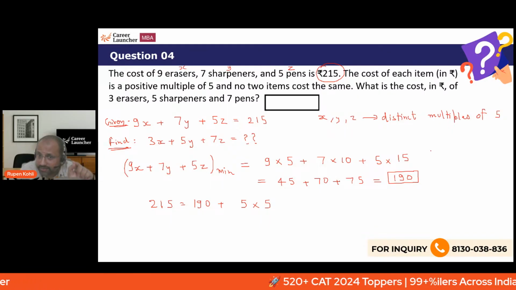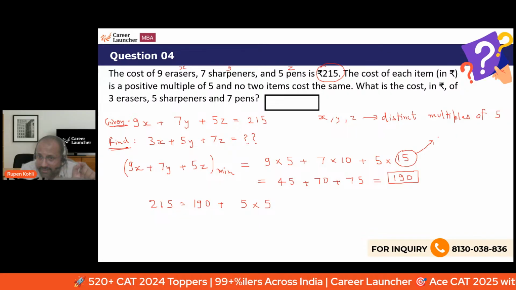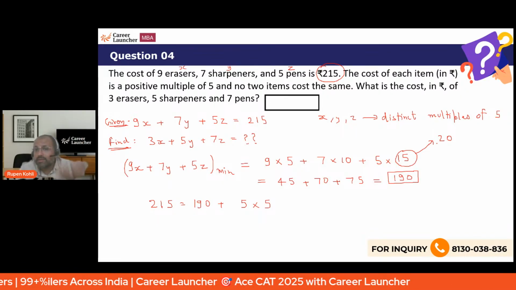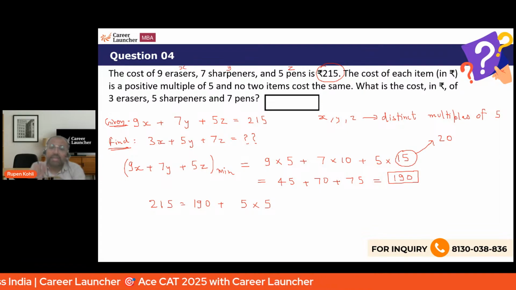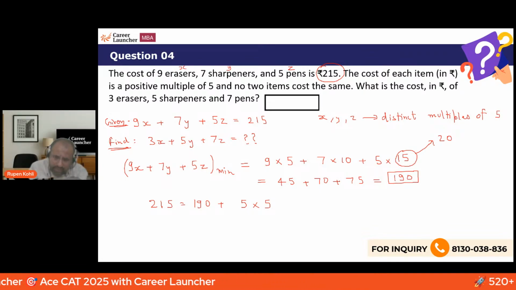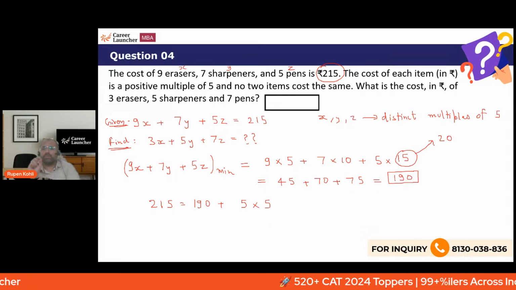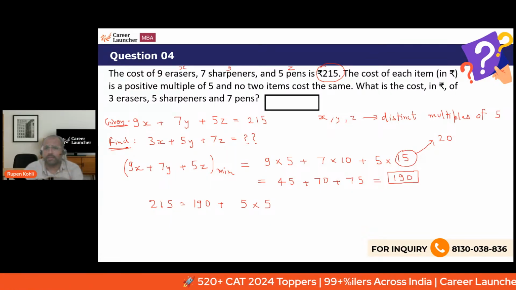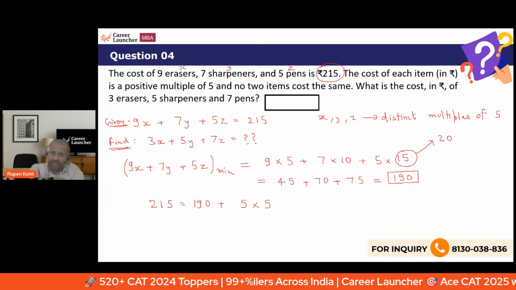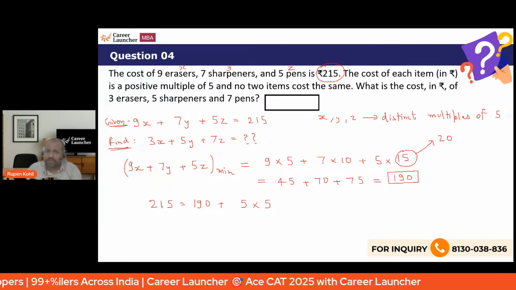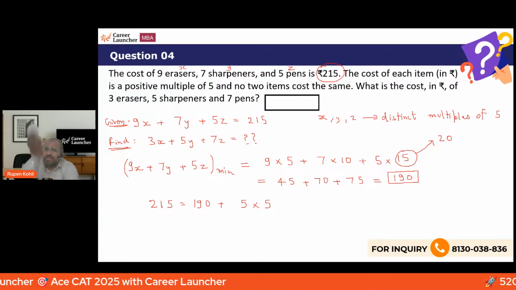What does that mean? This 15 you need to go and make it 20. So that 5 into 5, 25 rupees more would come out, and you would spend exactly 215 rupees. Can I say that this is the only way, the unique way that you could have spent exactly 215 rupees? There is no other way, because it is just the one step ahead of the minimum possibility, and you could only spend that 25 rupees extra in only one way, by increasing the cost of pens by another 5 rupee,